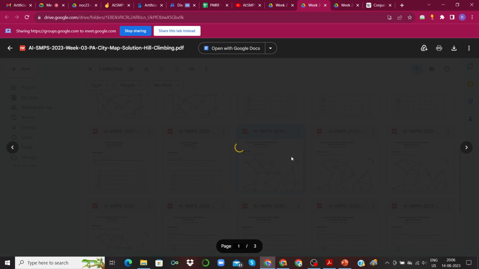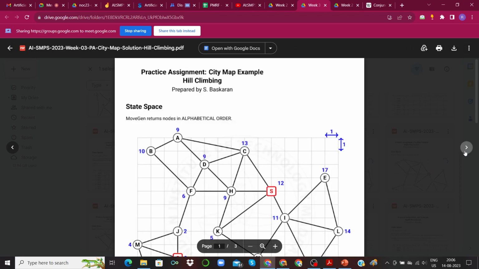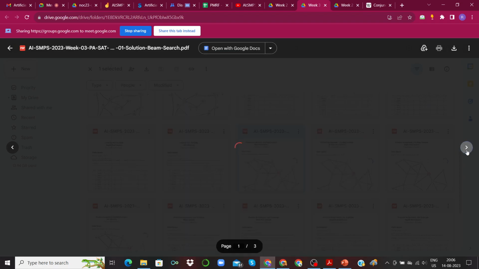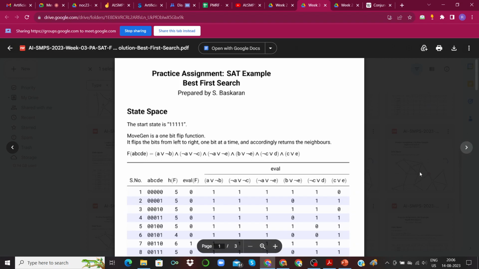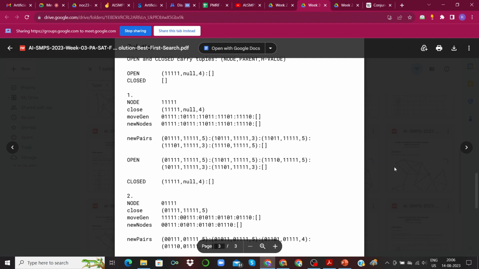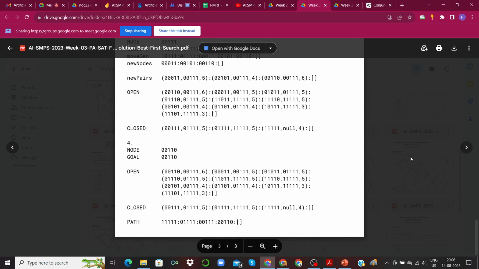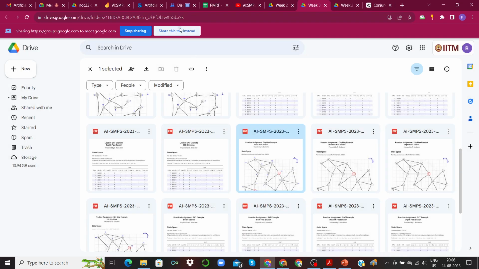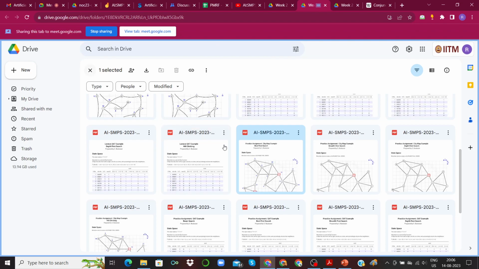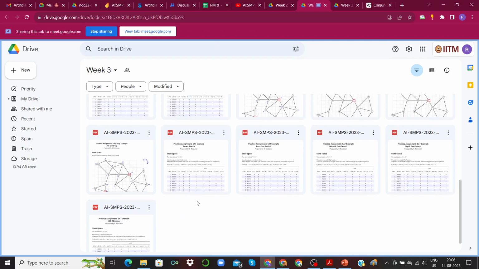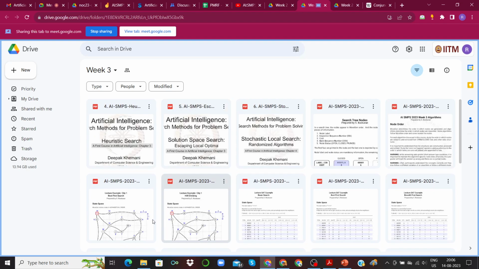This is hill climbing. This is beam search. I was just going through this drive folder basically. Okay, it doesn't seem like it has a nearest neighbor thing over here.